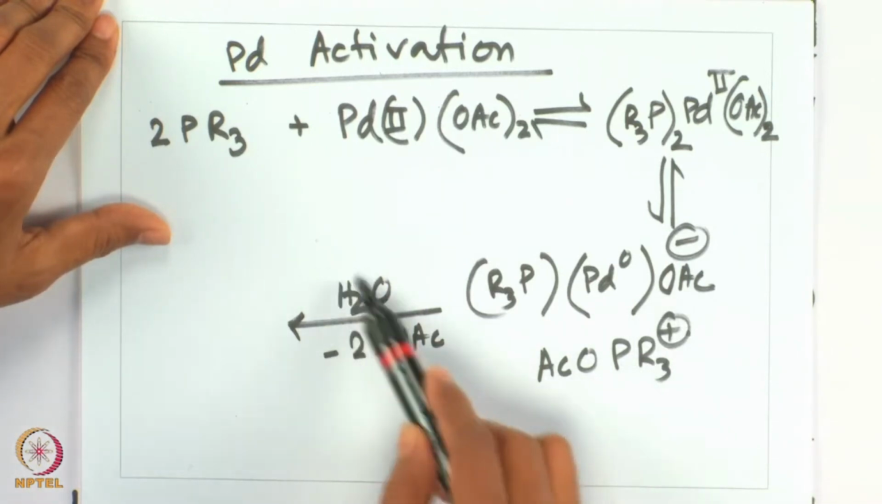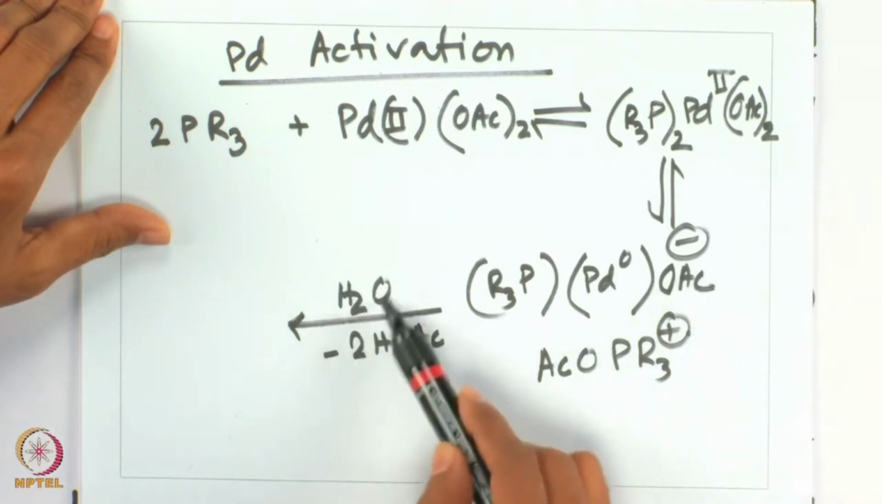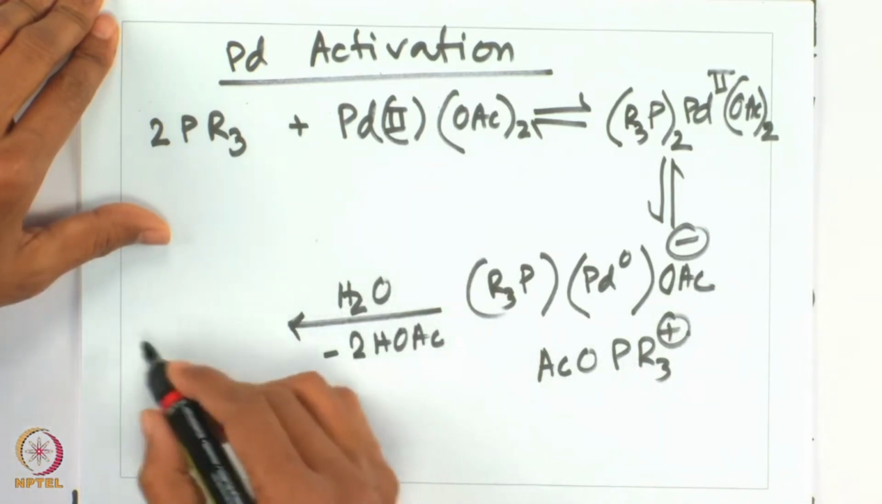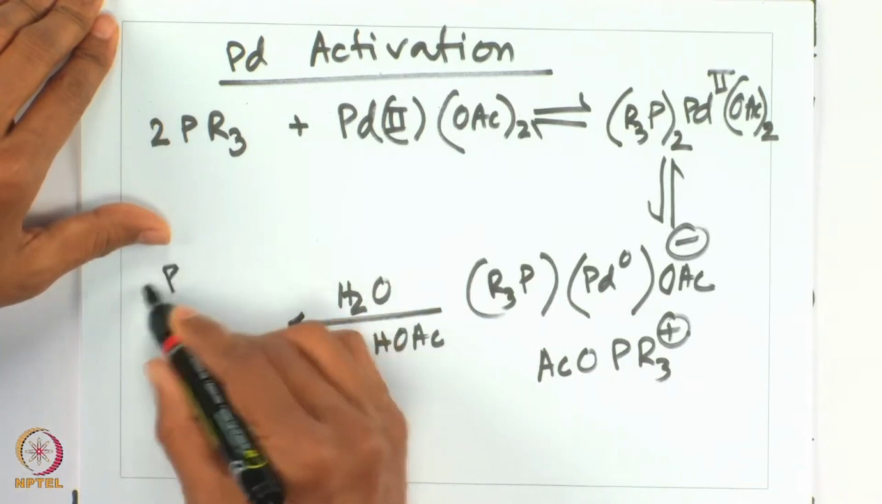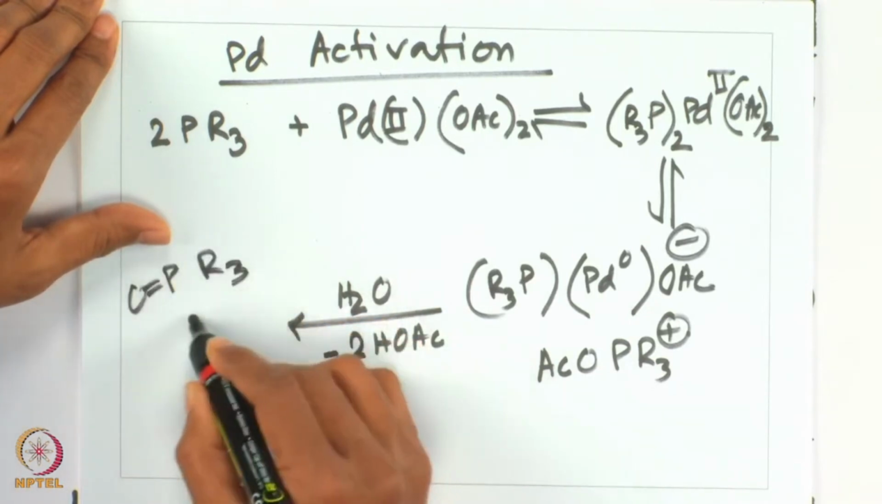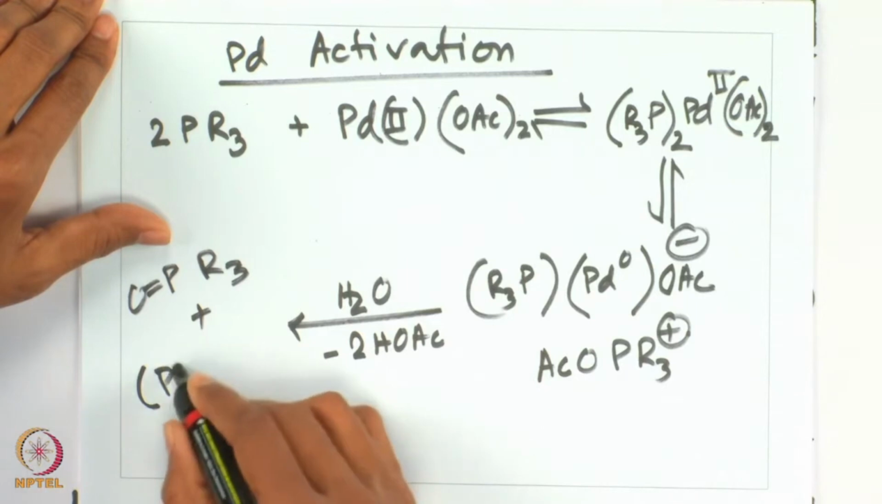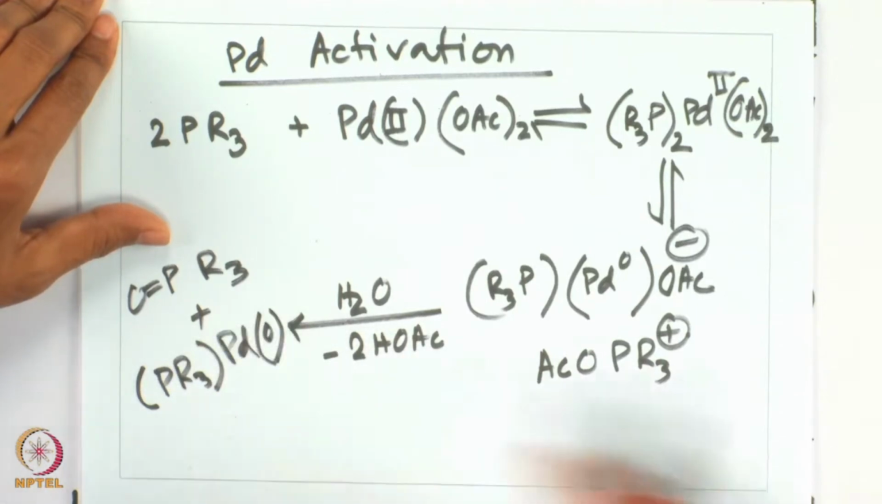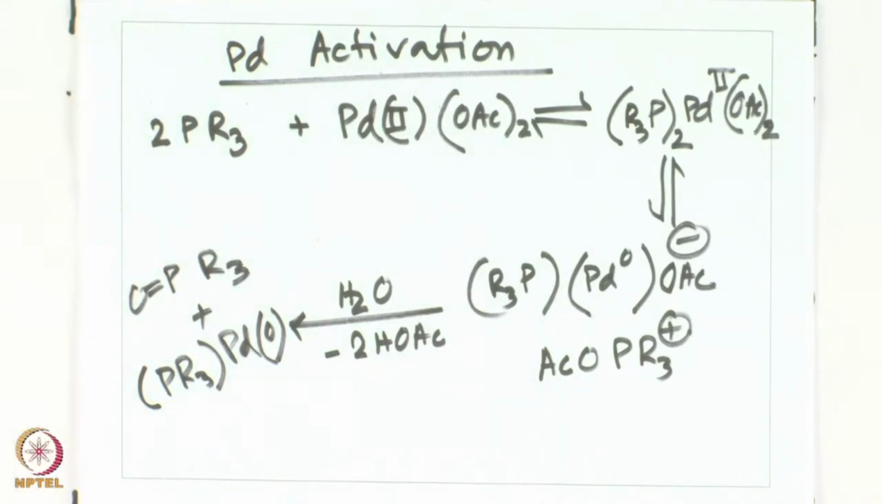So, the proton comes from the water for both of those acetic acid formations, and the oxygen from water gets into phosphine to give rise to the phosphine oxide species, as well as one of the phosphines incorporated into the palladium to give the palladium 0. So, what we have just now seen is 2 equivalents of phosphine ligand, which is very precious of course, participating in reacting